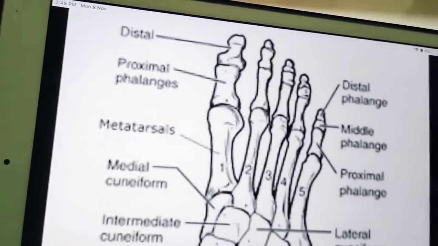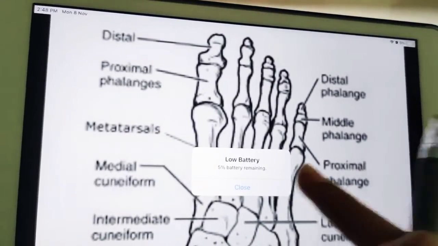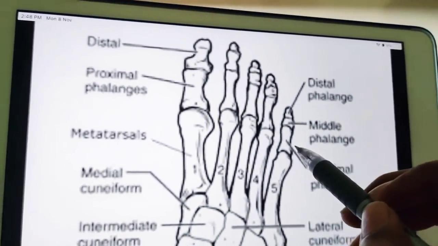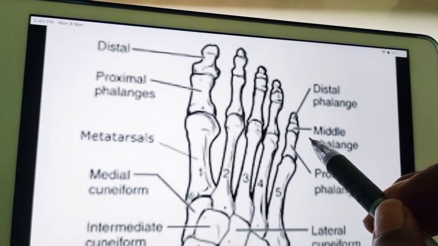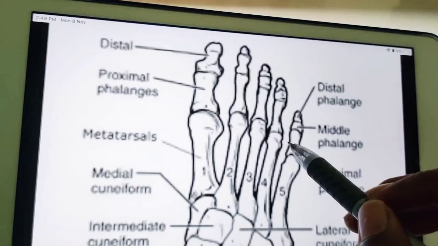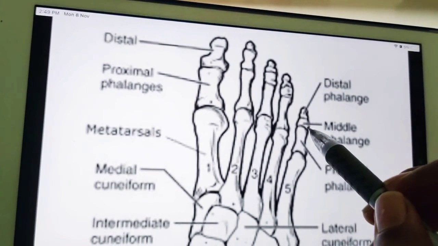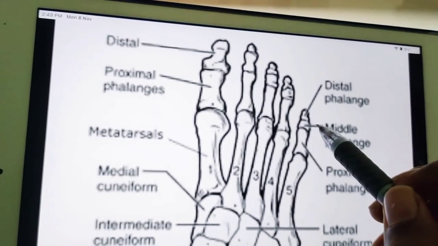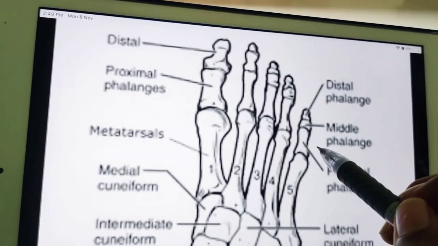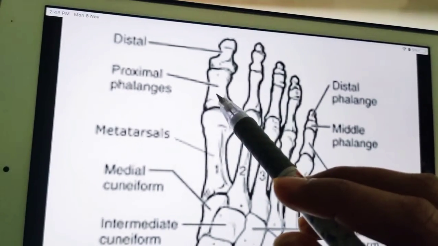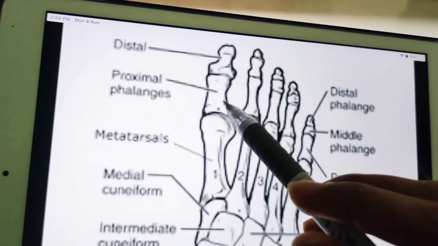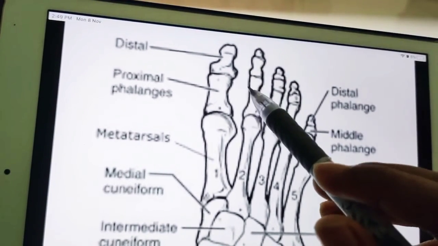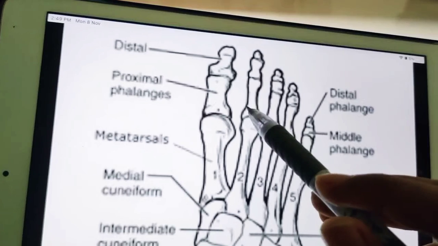Let's come to the fifth toe. The fifth toe is our little finger equivalent, right? So in the fifth toe, I have a plantar interosseous on the medial side and abductor digiti minimi and flexor digiti minimi brevis on the lateral side. Let's come to the great toe. For the great toe, you have abductor hallucis and part of flexor hallucis brevis medially, and adductor hallucis and the remaining part of flexor hallucis brevis laterally.